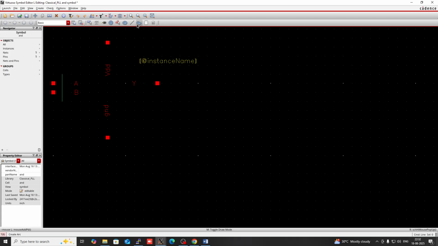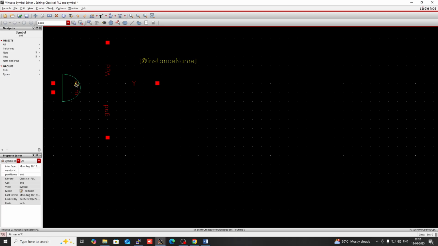Okay, and now I want to use this curve, so again press here and here, then okay, then you can expand it, but it is